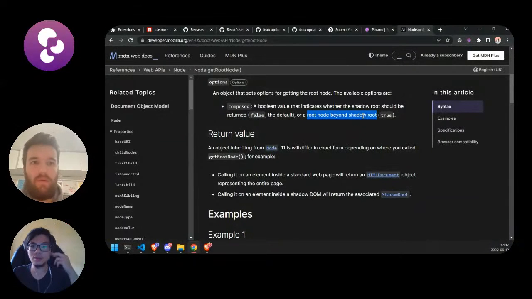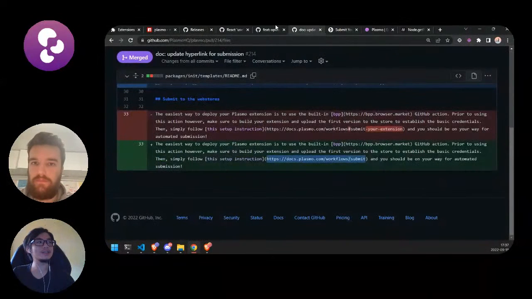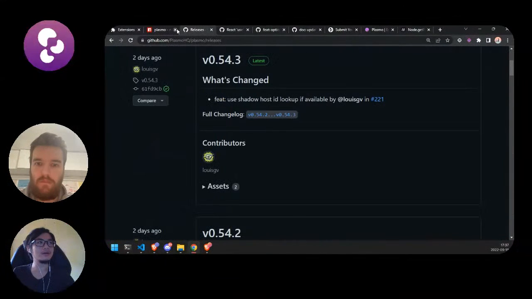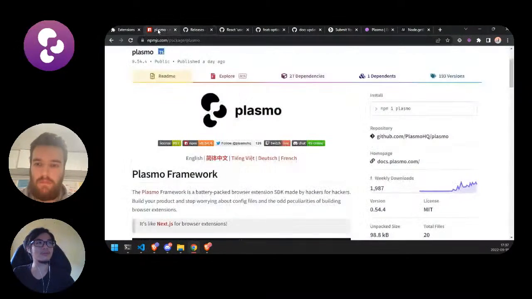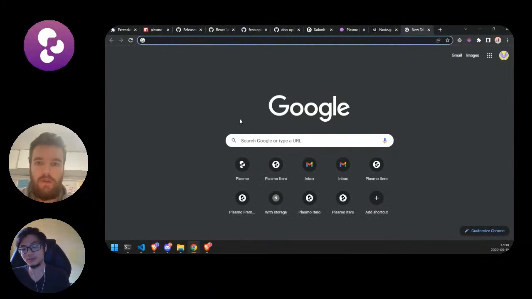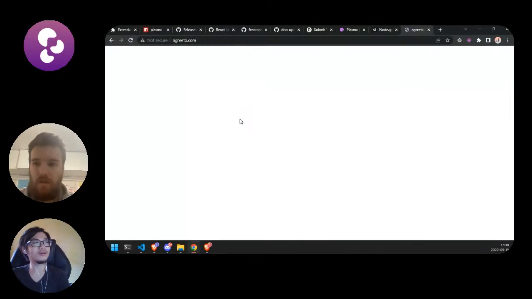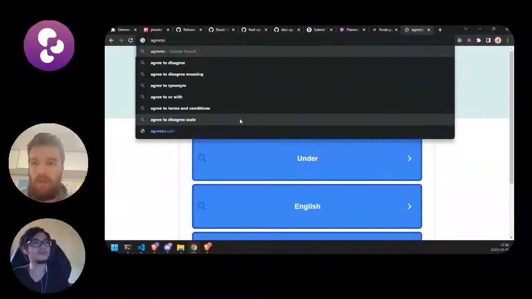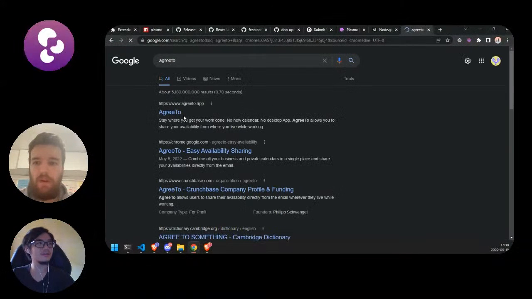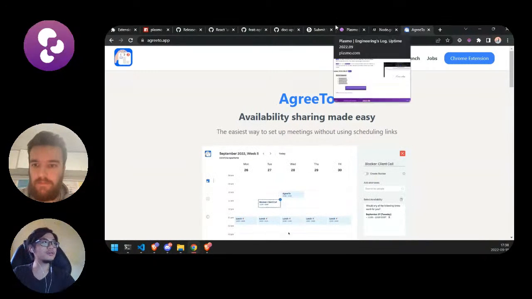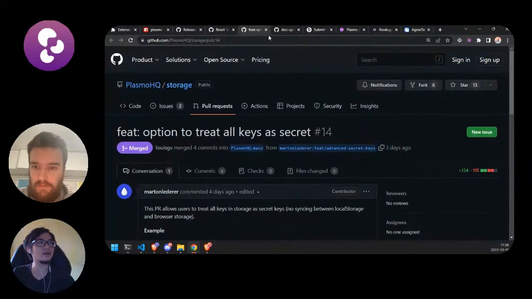So this element. What did we add that helps with this? So previously, Richard actually had a PR. Richard from Agree.app, right? Yeah, so Richard from Agree.app actually made a PR for us a long time ago